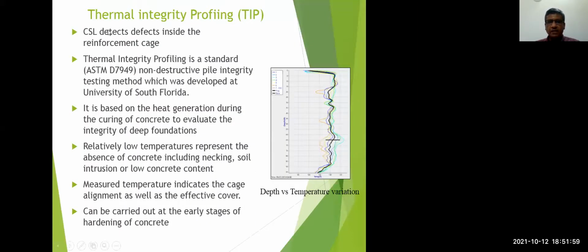But sometimes in this particular pile, you can see now all these reinforcements are exposed, right? But PIT did not show that, because the access tubes are inside the reinforcement cage. So outside the reinforcement cage there can be defects which are not detected using the CSL method. So if you are using, for example, this other method that is called TIP,